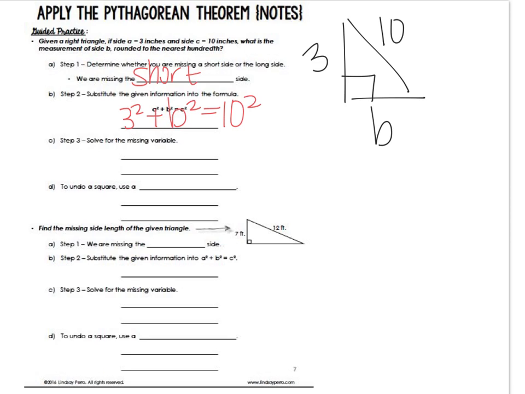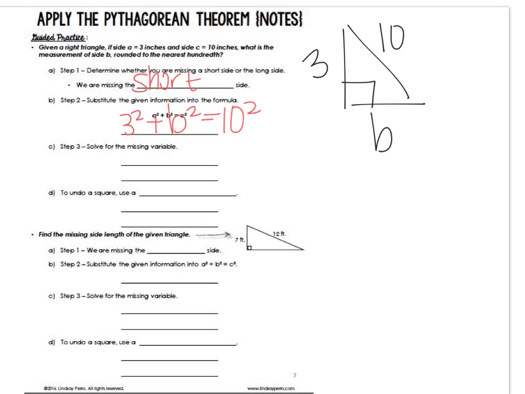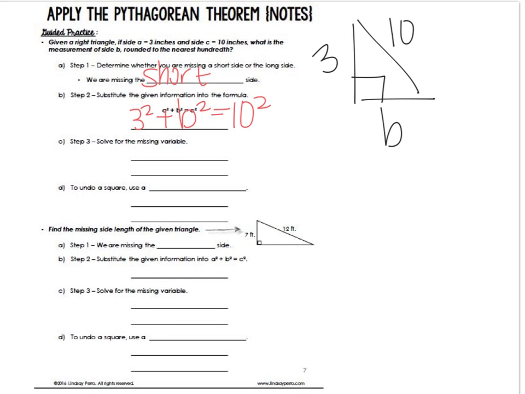So I'm going to just simplify everything. So I'm going to say 9. Oops, I'm so sorry. We're going to say 9 plus B squared equals 100. Now what we're going to have to do is we need to get that B squared alone. So we need to subtract 9 or add a negative 9 to both sides. So we have B squared